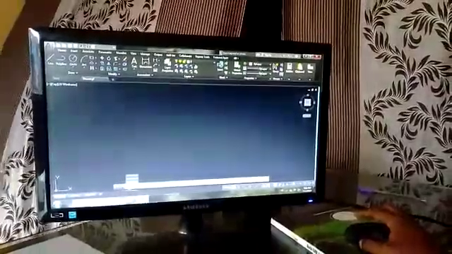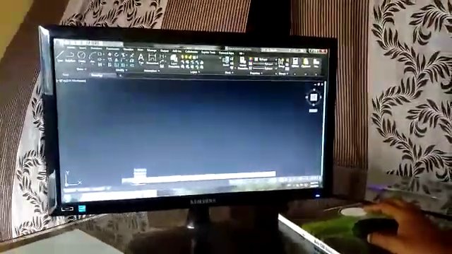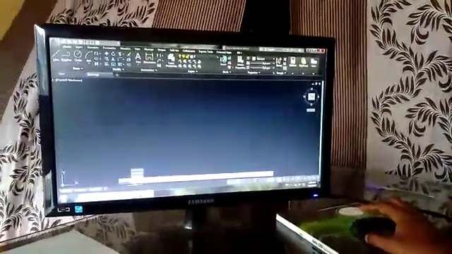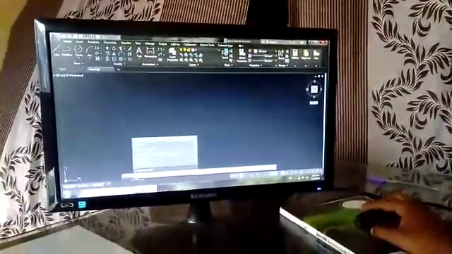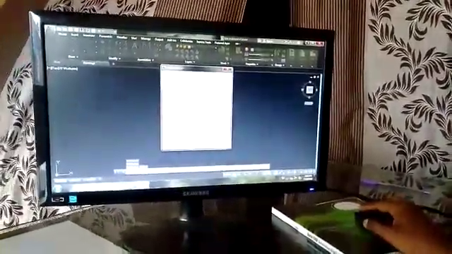If we want to apply units before drawing a plan, we have to enter the command UNITS. In this window it shows the type of length, and to the right of it the type of angle. Below the type of length it shows precision. After that, angle precision, and then insertion scale.